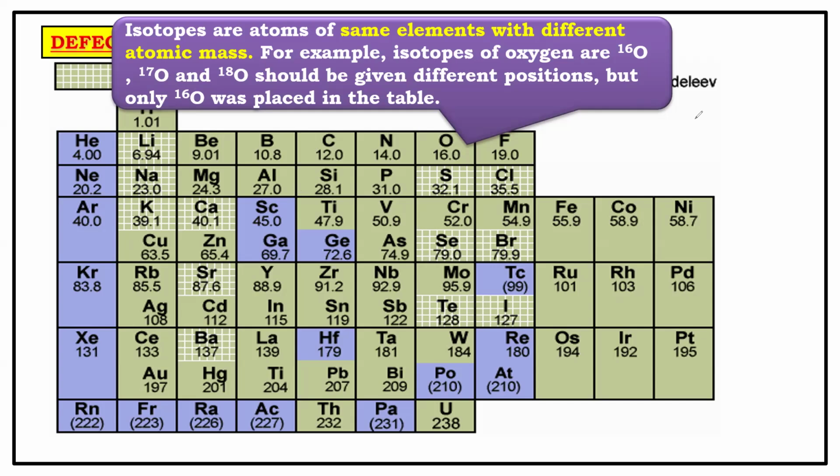Look here. He arranged the elements in what? Increasing order of atomic mass. But can you see these two? Is it in the increasing order? Which is bigger, 58.9 or 58.7? 58.9 is bigger. Everybody asked him, why have you placed cobalt before nickel? He had no reason for that. But he said one thing: if I shift nickel here and cobalt here, then it will not match with